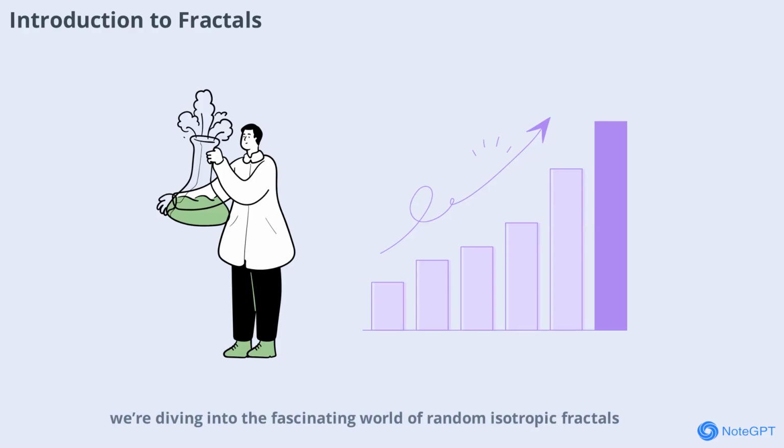Today we're diving into the fascinating world of random isotropic fractals, using the ideal polymer chain as our main example. Fractals are objects that display self-similarity, meaning their structure looks similar at different scales. Polymers, which are long chains of repeating units called monomers, are a perfect real-world illustration of this concept. By exploring how these chains behave, we'll uncover the mathematical beauty behind their structure and how randomness plays a role